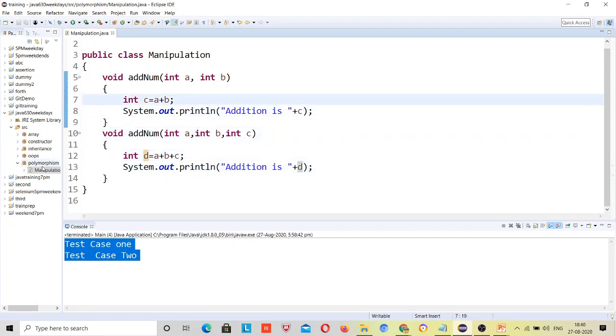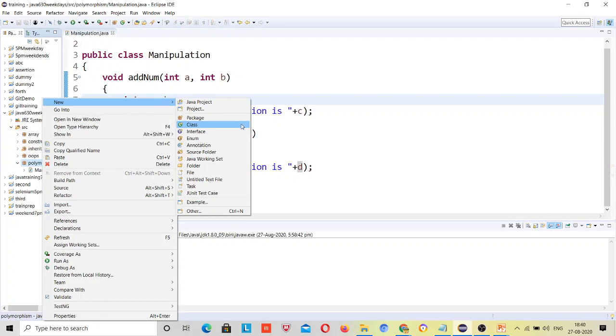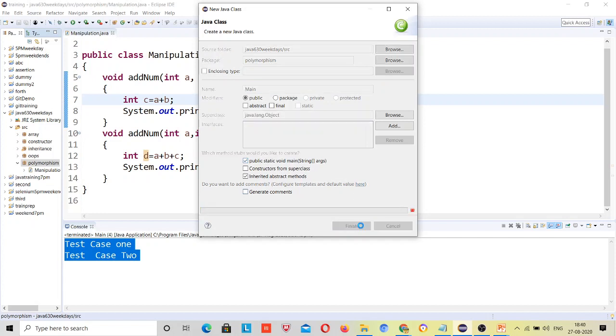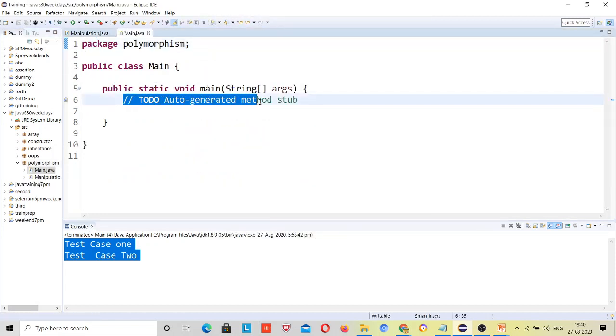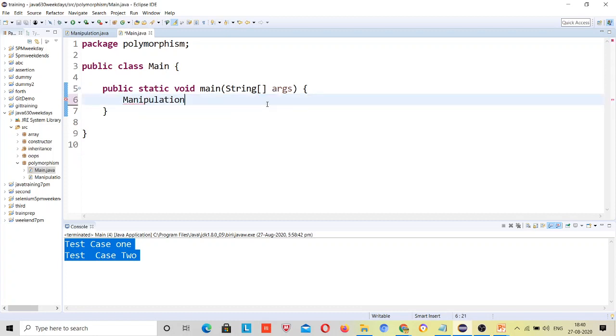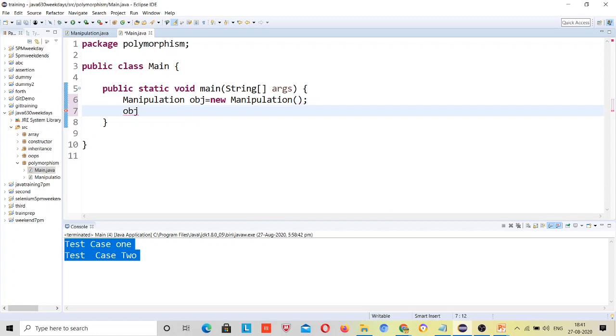I will make a main class for it which will use this class. The same object will have different behavior. In the main method, Manipulation object is equal to new Manipulation, and here I will call obj dot add num with 10 and 20.